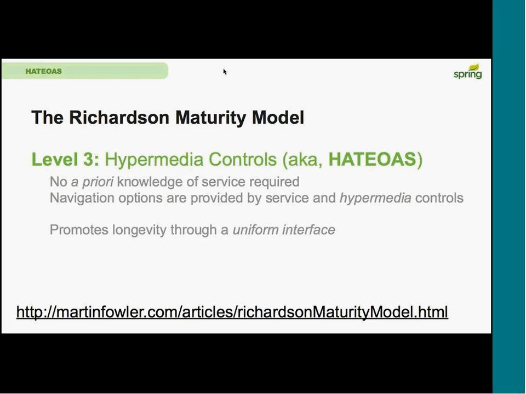Nobody's imagining that you're going to build some sort of autonomous artificial intelligent client that can just navigate without having to ever look at it before. That doesn't happen. But it is very useful. It makes it very easy to interact with it and try out the service. This takes a little bit more work, but it'll help you build an API that is